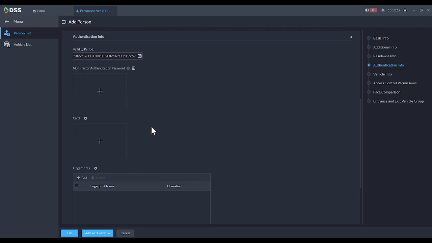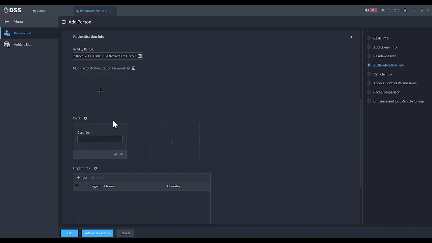So to add the card, we need to scan it in. You can either use a USB card issuer or the access controller itself. In this case, I'm going to use the access controller itself. So to select the device you're scanning it in with, press the gear here next to card, select the type as device for access controller, and then under device, select the access controller you're scanning in with, expand it. I'm going to scan it into the first door, so I press the arrow next to channel 1 and select reader 1, click OK, and then to add the card, press plus,